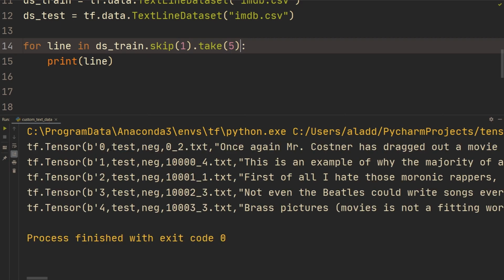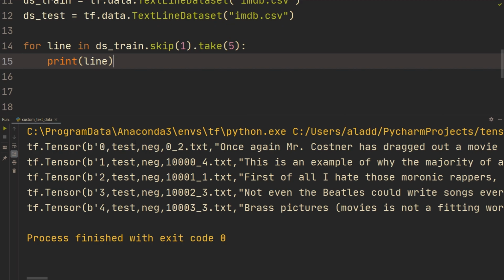As you can see, we get the first example, index 0, 1, and then we get the review right here. We get the test set, and then we get that it's a negative review. So what we want here is this right here. We want this, and we can get it by doing